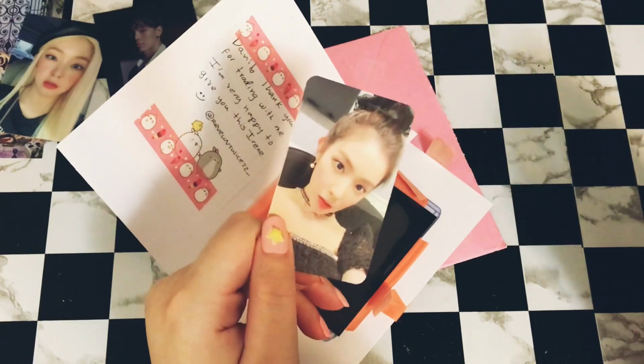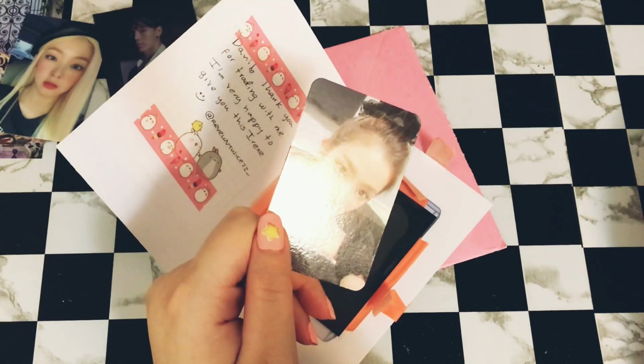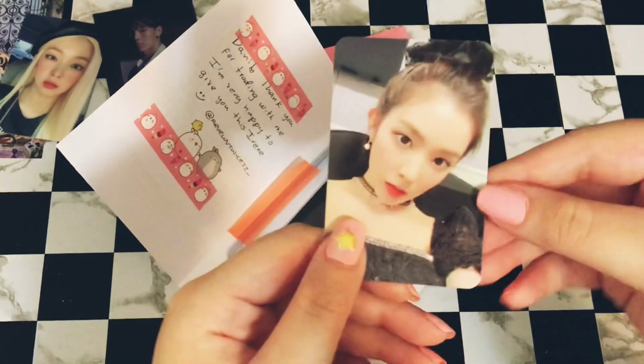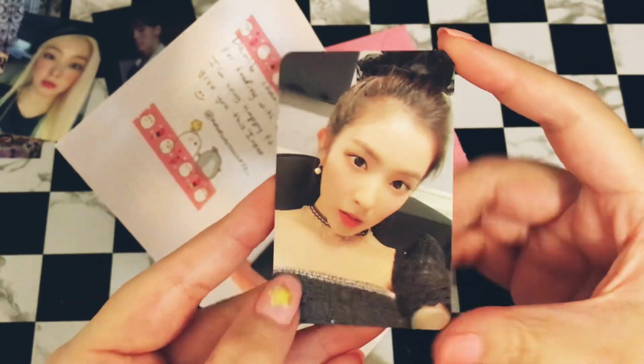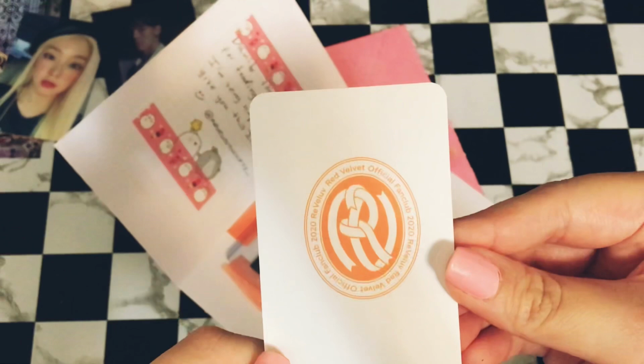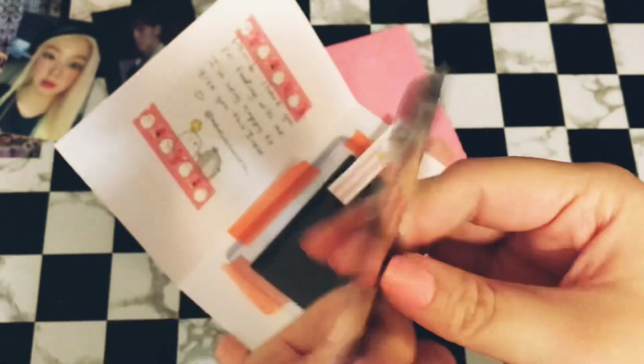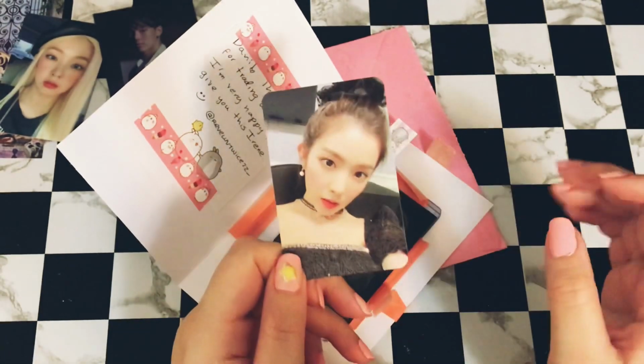So the Joy rookie one, I ended up just wasting money for nothing because then I ended up buying the Irene one. But it was okay because my friend was going to give me this Irene from the fan kit, I think. Yeah, the fan club. Because you get 2, the ones with the signed backs, which she kept, and then she was trading all her extras,